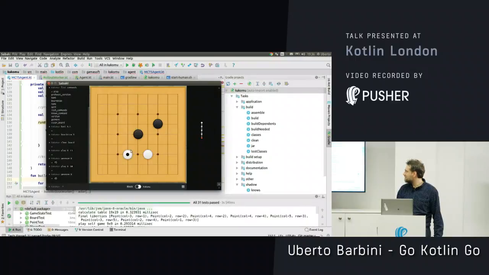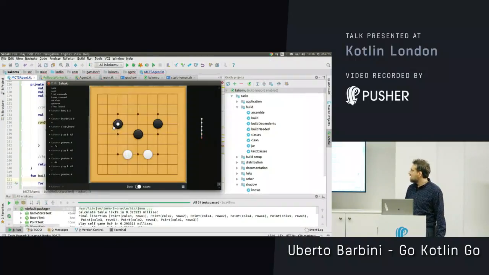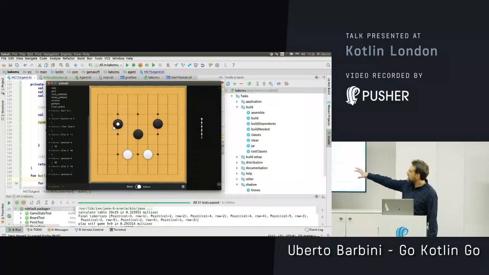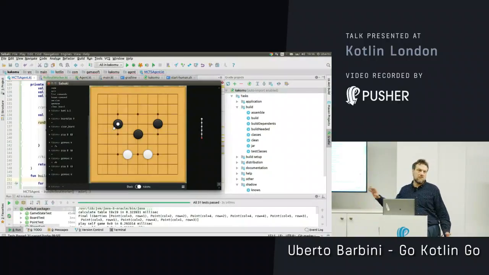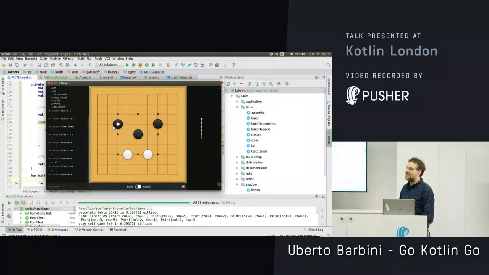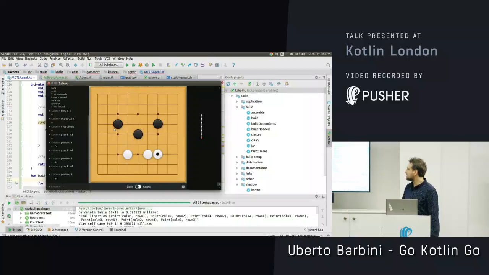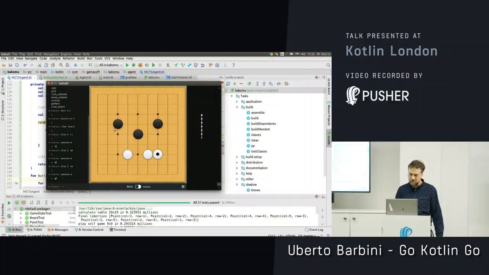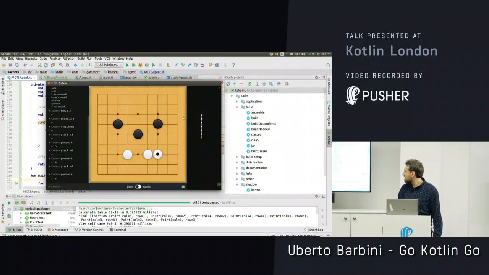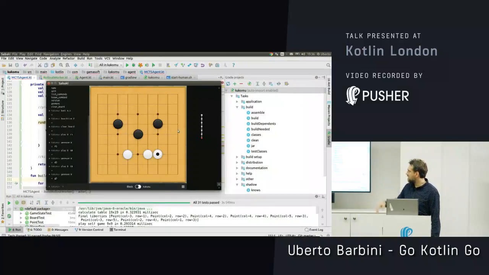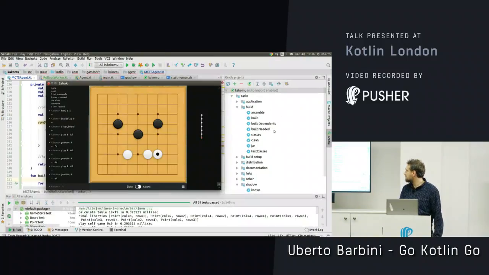So this is more or less what it will look like. It's not a great move, but it's not completely random. And if I give it like 30 seconds per move, the moves start to be quite good. And okay, we don't have time, but it's quite easy.